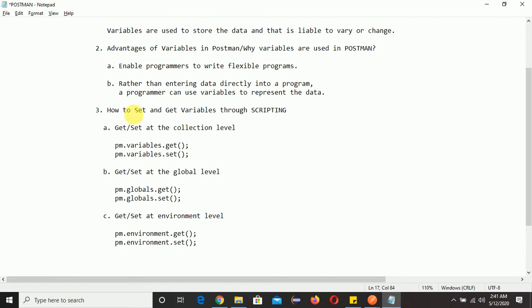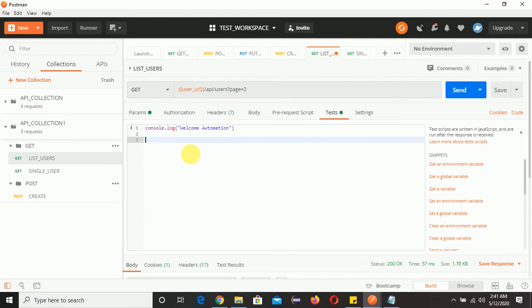So for that, I will show you how we can do it. There are three things here. If you want to get and set at the collection level, we need to use this code. For the global level, you need to use this one. And for the environment level, we need to use this one. Now, we'll come to Postman. We'll write pm dot